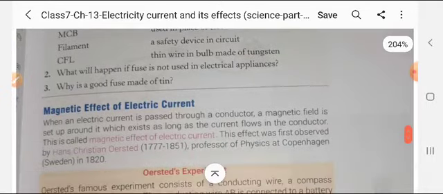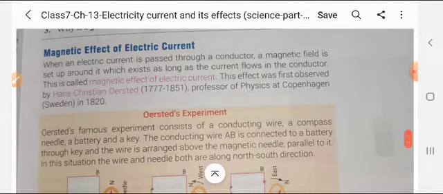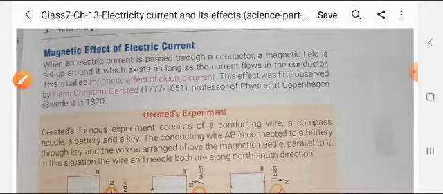Now, student, come on to the next topic: magnetic effects of electric current. I will start the next topic. In this topic,